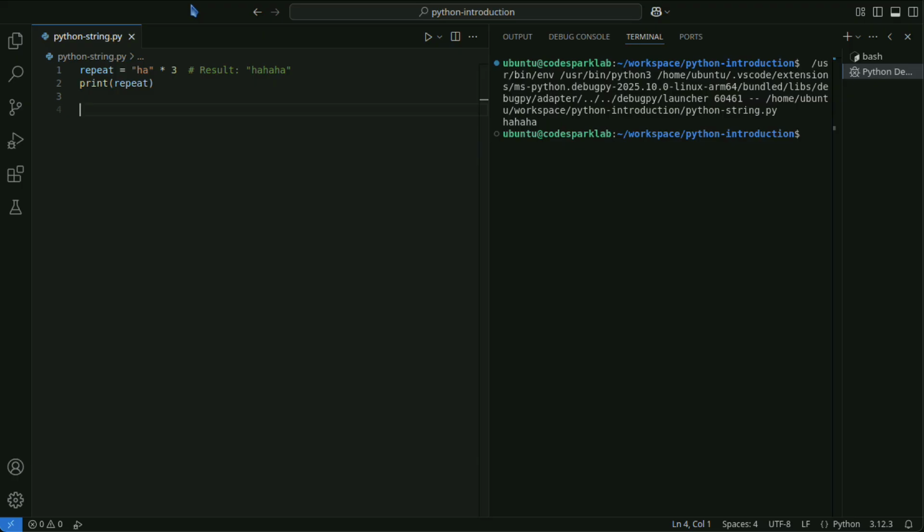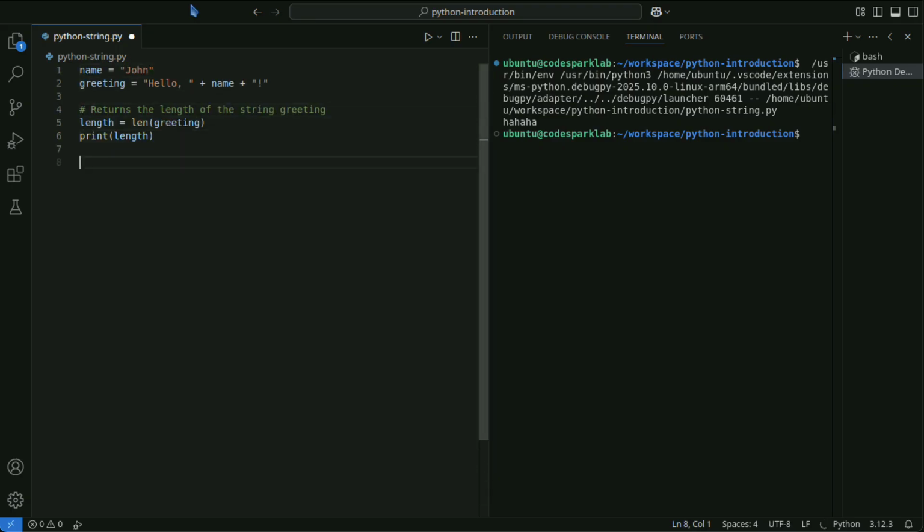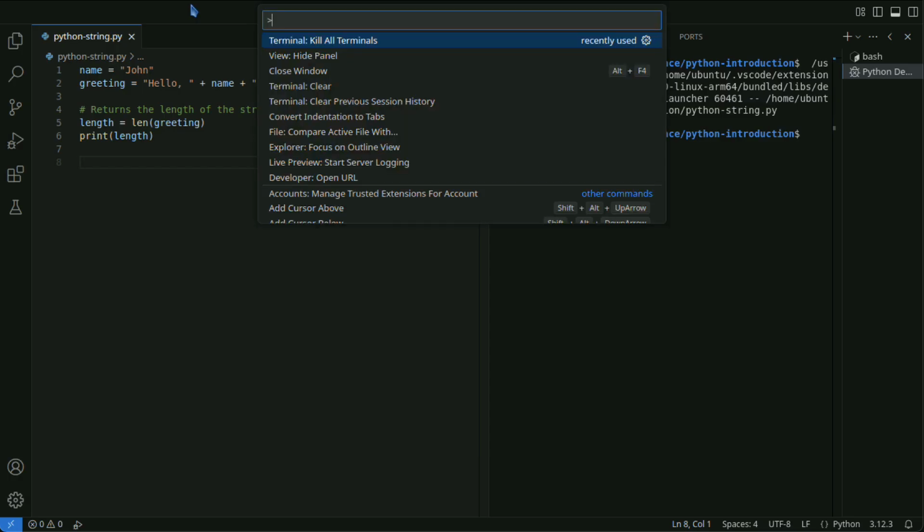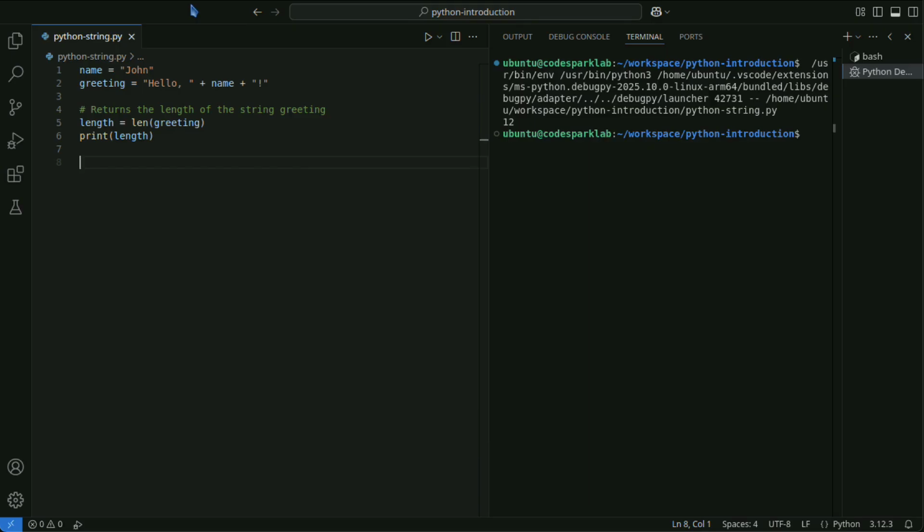To get the length of a string, use the len function. This code shows how to get the length of a string in Python using the len function.